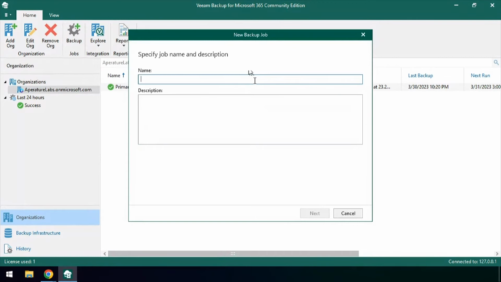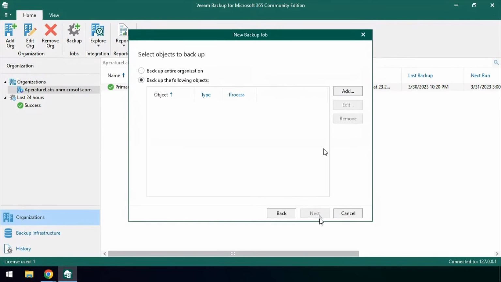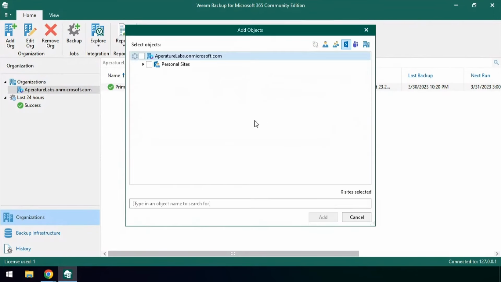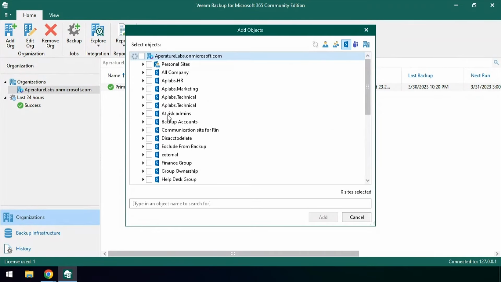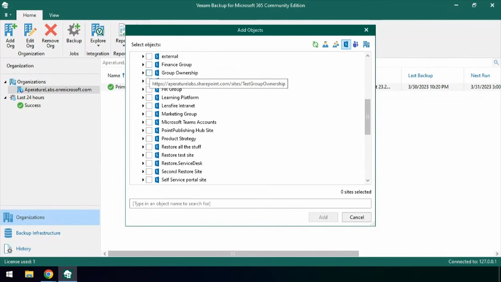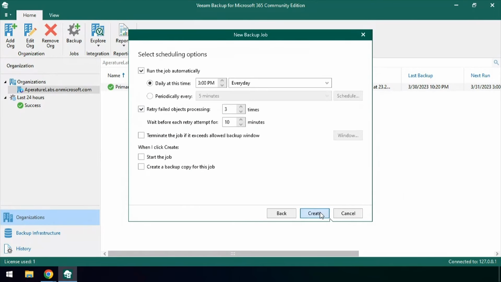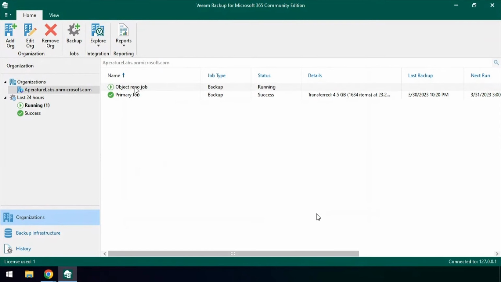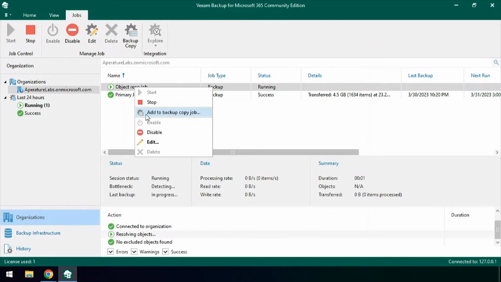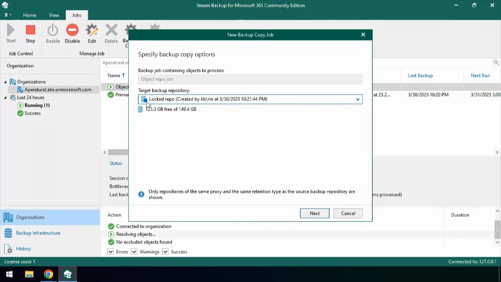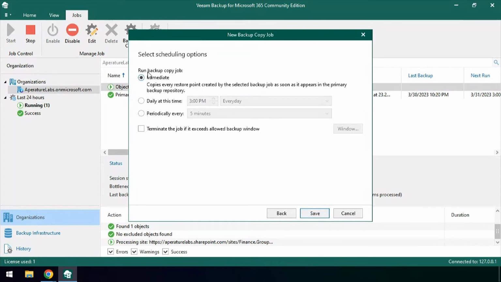We'll create a new job for an object repo. We'll select a job scope of one of our sites. And we'll make sure finance gets sent to this site. We'll go forward, select the primary repository, make sure this job runs. And now immediately off of this primary job, we can add an additional backup copy and send it off to this locked repository. Now, whether or not we want to send that data immediately, daily at specific times, or periodically,